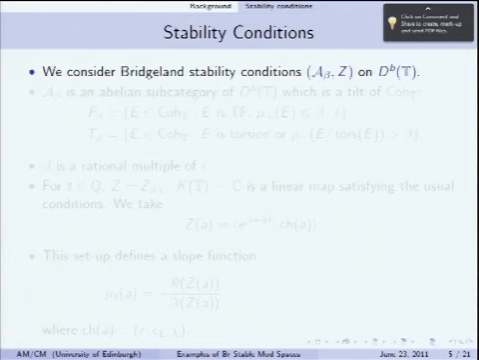So, what am I really going to talk about? I'm talking about moduli spaces of objects. Okay, and this, I'm going to look at the